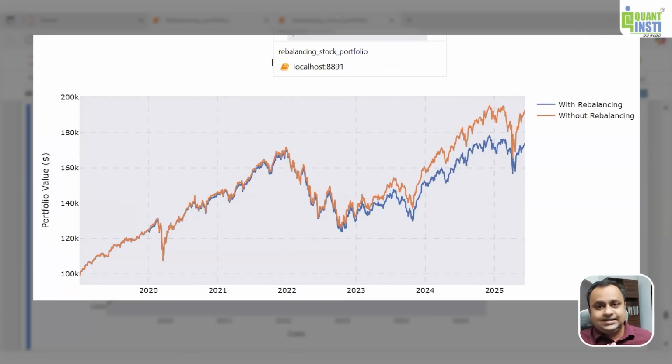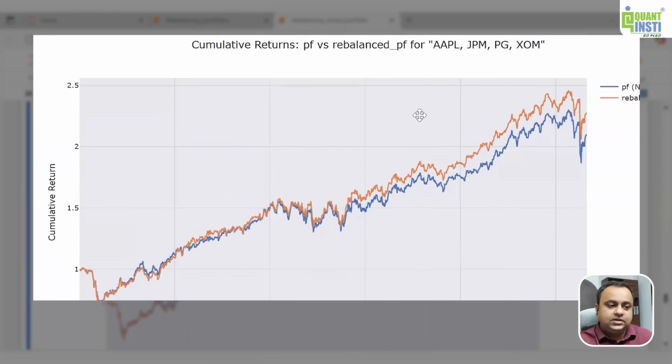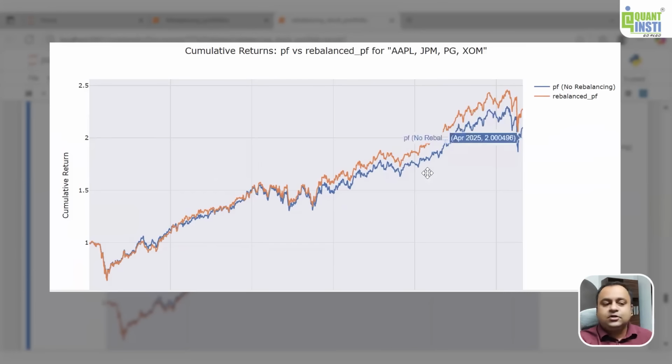Now, I did this entire exercise using four different stocks, and these four stocks were not correlated with each other, and these stocks are represented by the tickers over here. Since these stocks were not correlated with each other, they brought a realistic example to the picture where a portfolio manager would actually choose these four stocks and allocate their funds across them. Now, in this case, I kept it an equal weighted portfolio. That means among these four stocks, the weightages would be 0.25, 0.25, 0.25, and 0.25.